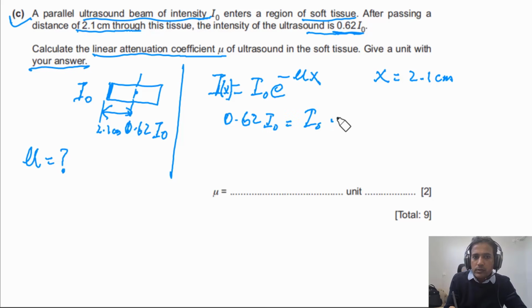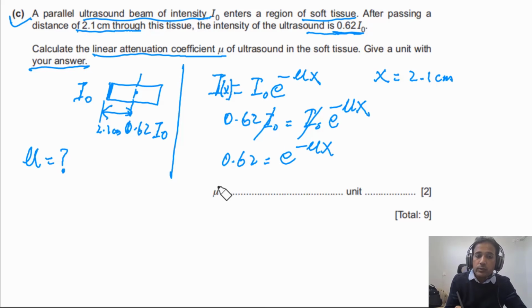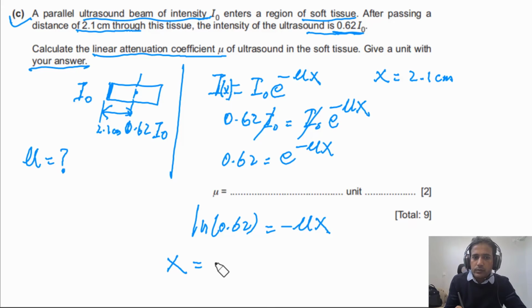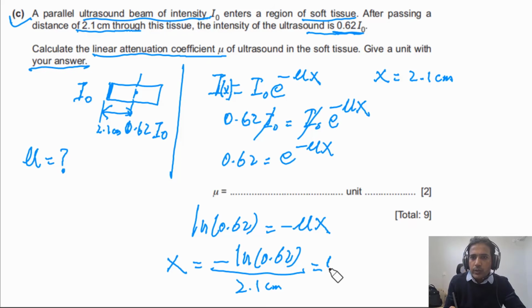This is equal to I naught e to the power of negative mu x. So I naught we can cancel, and we are left with 0.62 equal to e to the power of negative mu x. Now we can take natural log on both sides. So ln of 0.62, and ln of e is 1, so we get negative mu times x. So mu will be equal to negative ln of 0.62 divided by x. If I use 2.1 centimeters, our answer will be equal to